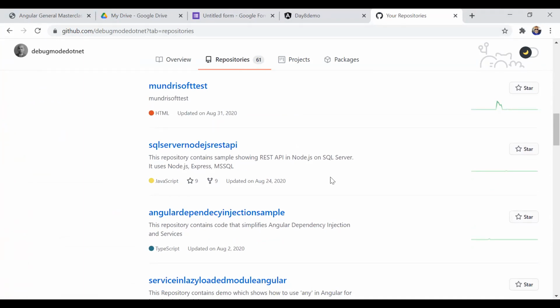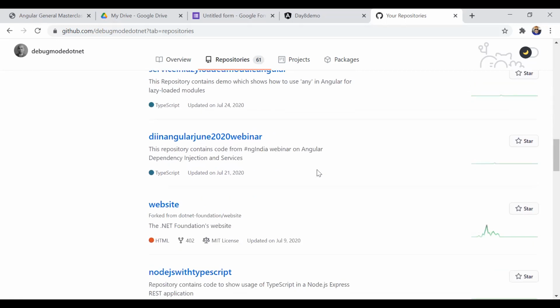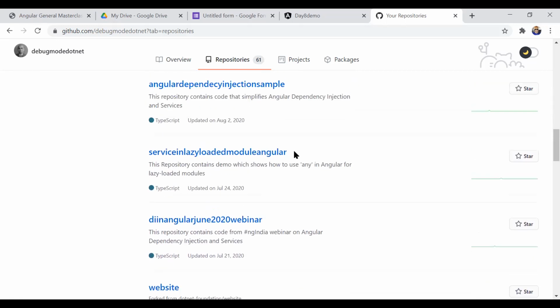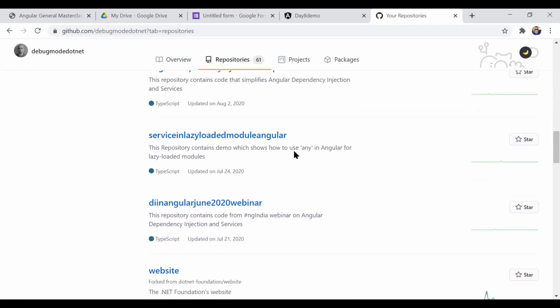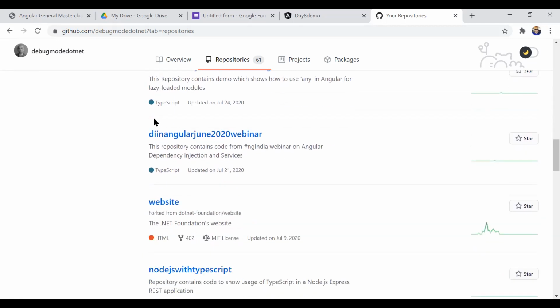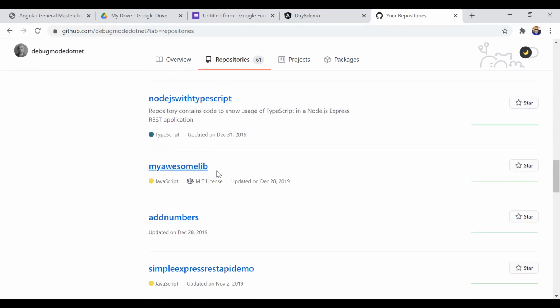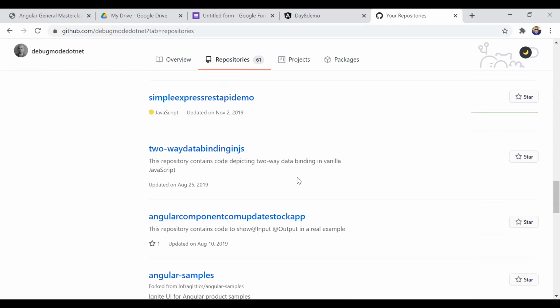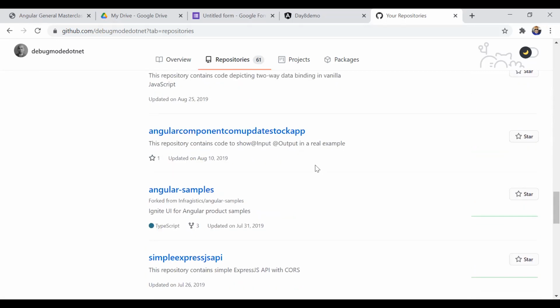There is one thing you can go and cross check. It already has a service in a lazy loaded module. So whatever I covered, its code is there, and that is already shared with you. All the dependency injection code is here. Node.js with TypeScript is there. Then Angular data binding is there, and